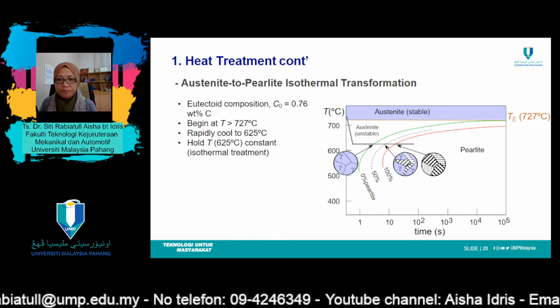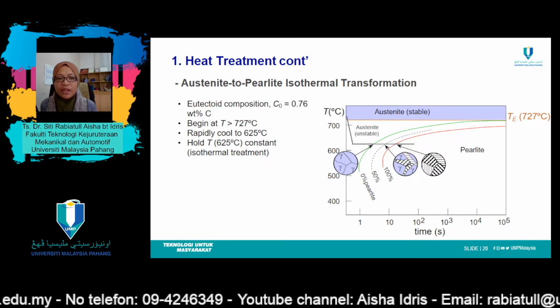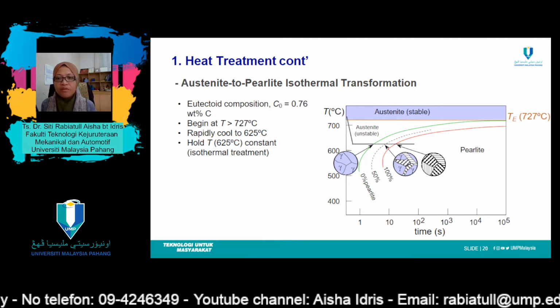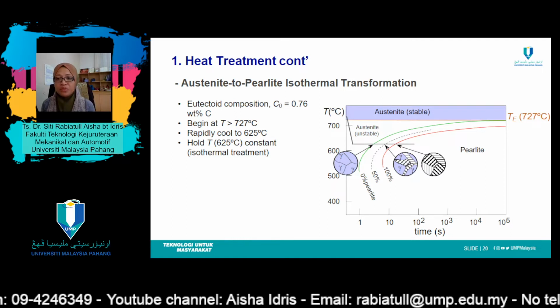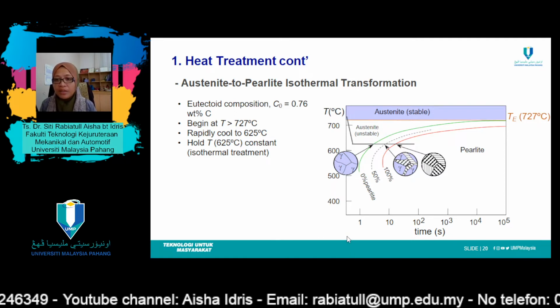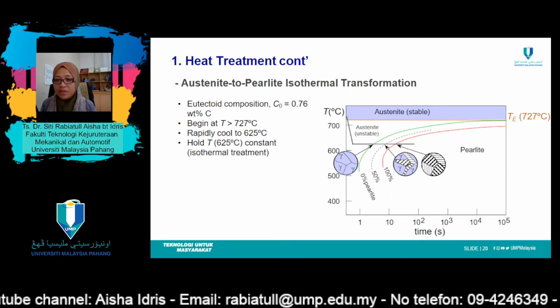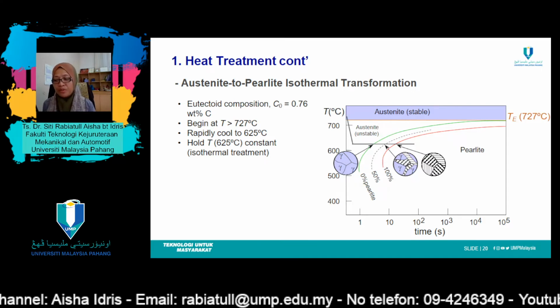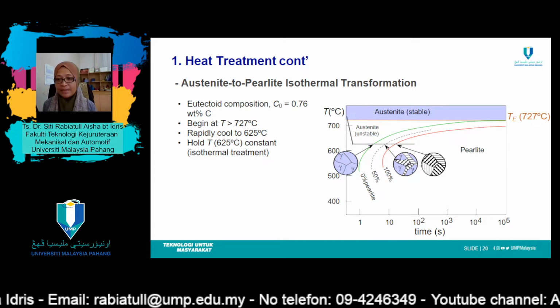Okay, so now let's look at the transformation of austenite to pearlite through isothermal transformation. And again, this one occurs at eutectoid composition, which equals 0.76% of carbon. And the process starts from